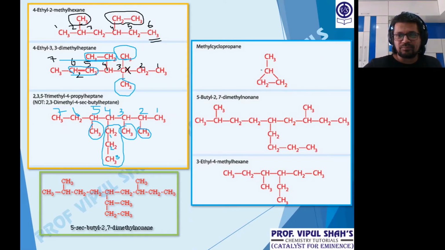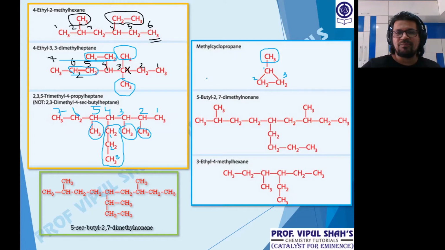Now look at this part. This is 1, 2, 3. So closed chain is cyclopropane, we know, no? Now here at 1 we have a branch, so that's why the name methyl cyclopropane. No need to give the position. Why? Because in a triangle there will be only one place where the branch can be. If there were more than one branch, and they were different, I would have given the names here directly. So just methyl cyclopropane.